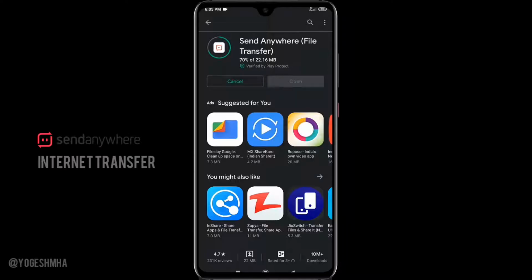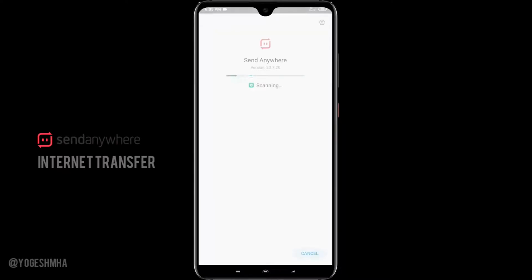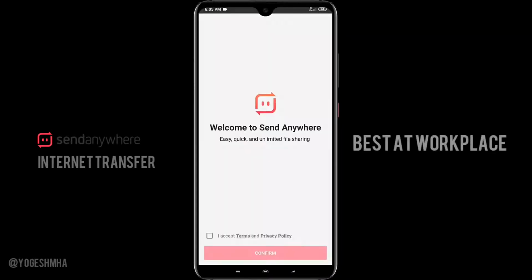I have been using this app Send Anywhere for a while now. As the name suggests, you can send the file really anywhere around the world. It's safe, easy and newbie friendly. I suggest this app to all my friends, family, associates so that I can receive high quality videos over the internet.